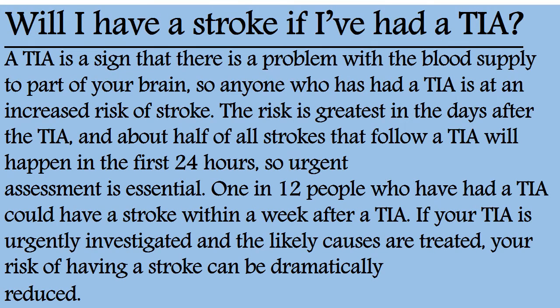Will I have a stroke if I've had a TIA? The TIA is a sign that there is a problem with the blood supply to part of your brain, so anyone who has had a TIA is at an increased risk of stroke. The risk is greatest in the days after the TIA,